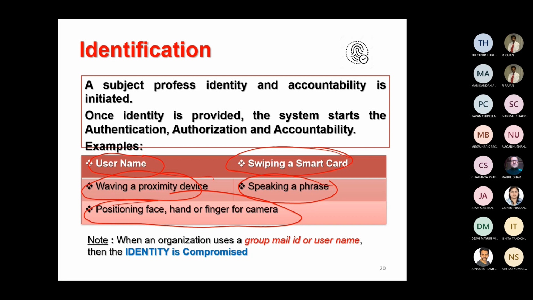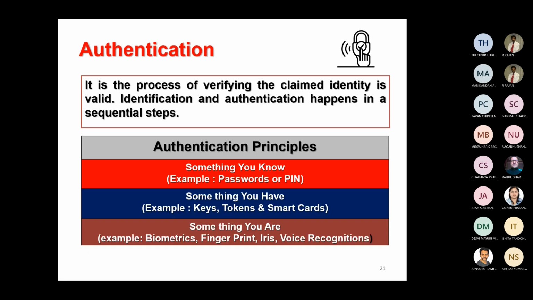So now these identifications could be multi-level. The multi-level identification can be designed for information which is extremely sensitive alone. That's all. Okay. Now, let's say, for example, if you have a group mail ID, the same username, then what is compromised? Identity is compromised. So you are not supposed to have a group mail ID, right? Where you will not know who's doing what, where your identity is compromised, which is a breach of identity.